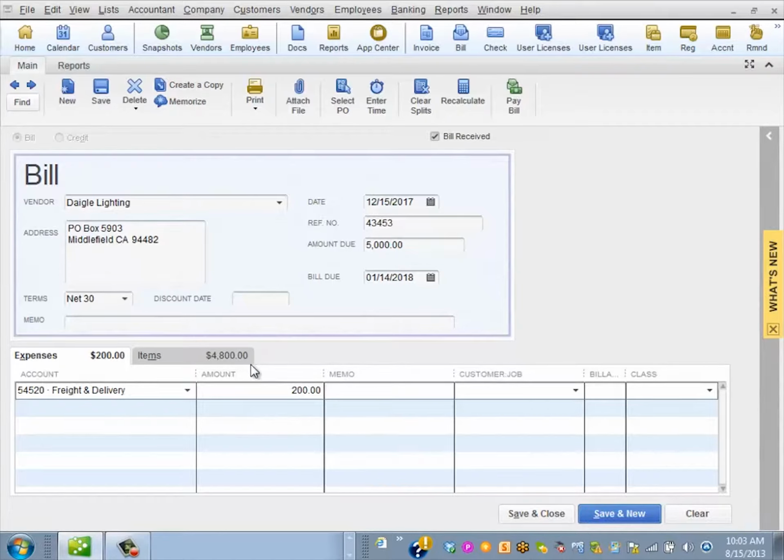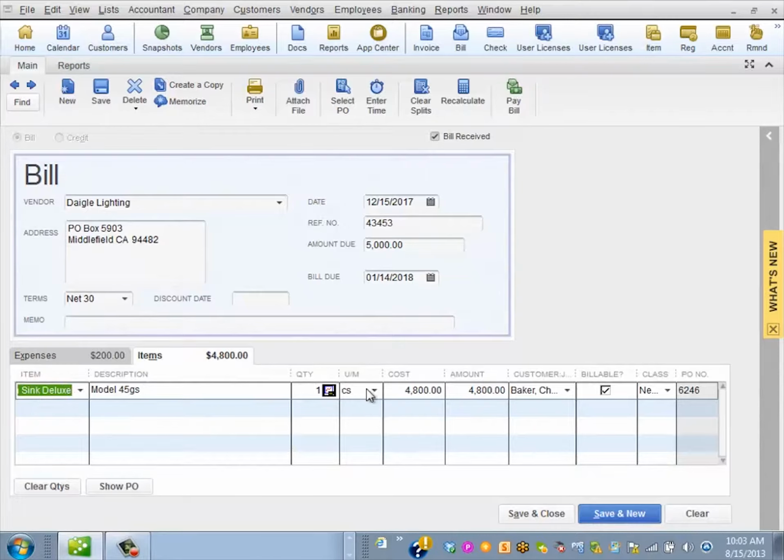So now let's say the invoice is $5,000. It's made up of $4,800 of items, $200 of freight. Notice I'm using both tabs, and that's fine. But do you see why I'm using different tabs? One is an expense that I'm going to expense right now. The other is inventory that I'm going to actually inventory and track quantities in dollars. Okay, so once I have this, it's right, I hit save and close,